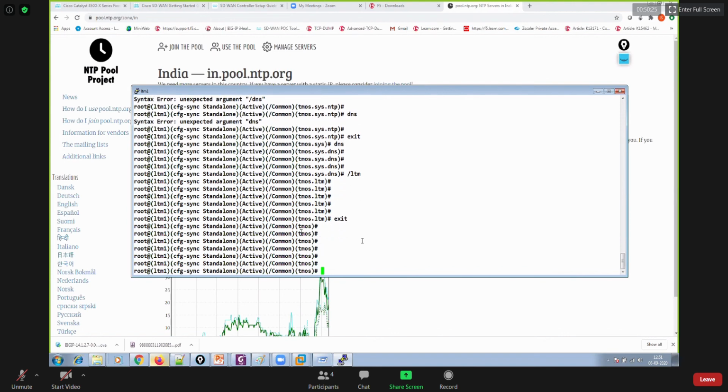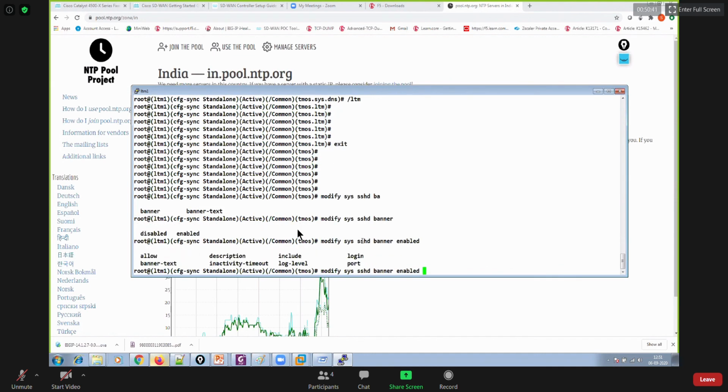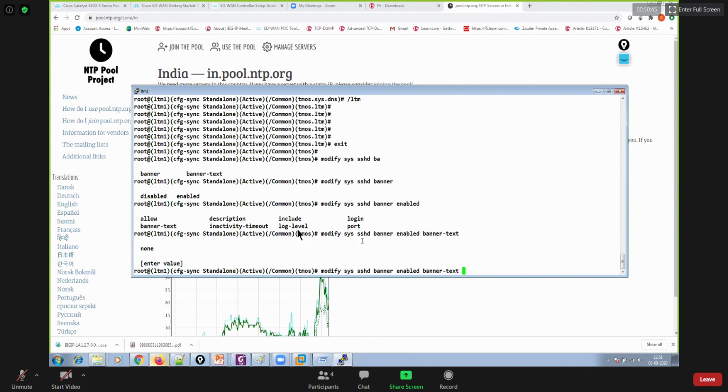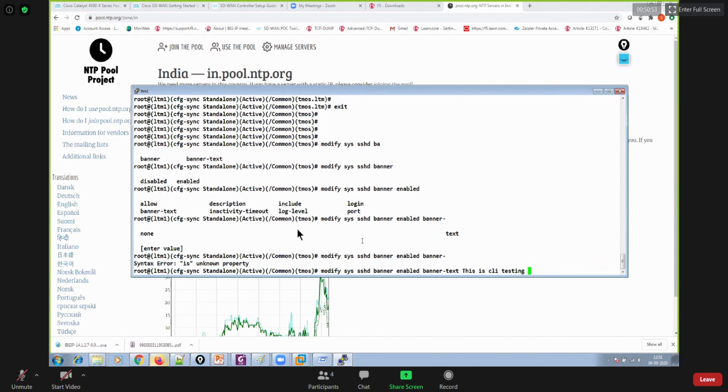Whatever we did using the GUI, we have done using the CLI. You could also set the banner using CLI. For example, you could say modify sys sshd banner enable, and then banner-text, and then you could say none, or this is CLI testing.